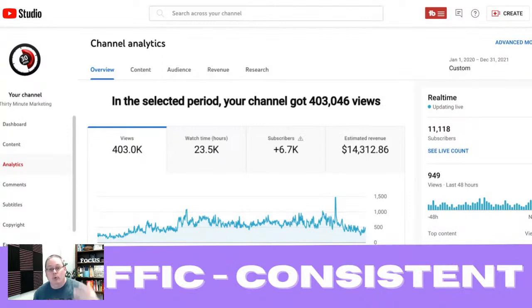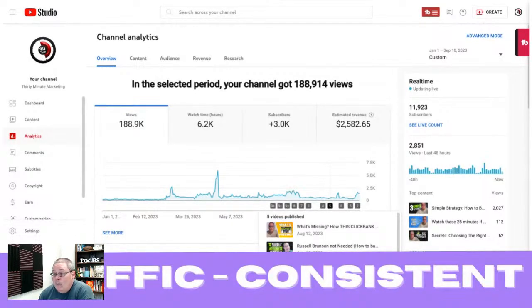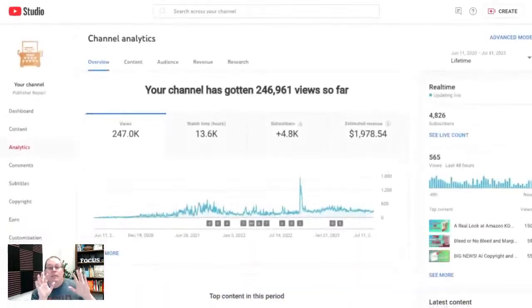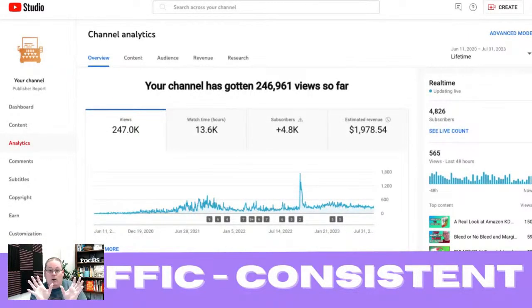Once you put this proven strategy in place of traffic, offer, people, and you start getting traffic, the traffic just stays. It remains, right? It's consistent. So you'll see that over time it's going to be consistent and remain consistent as you look inside of the technology or the platform and start realizing that, yes, this is starting to work. Now, this is Publisher Report, and you can see it's exactly the same.